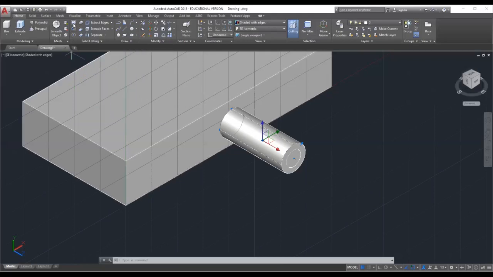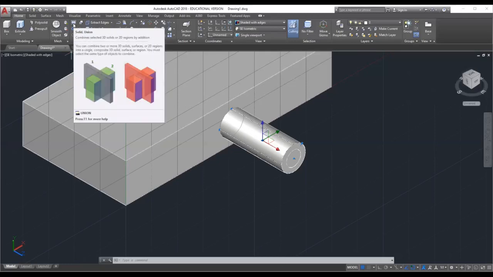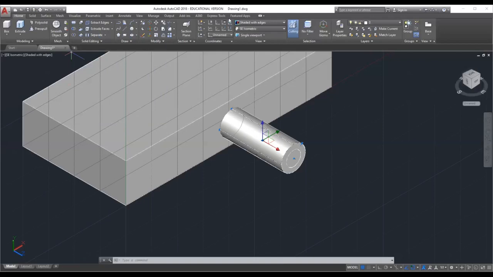So what do you mean by union? Two or more solids into a single object. We will see the union command later. Subtraction, the material removal operation. Okay, we have to remove the inner cylinder from the outer cylinder by using this subtract command.